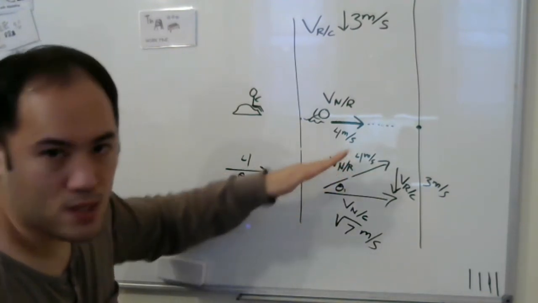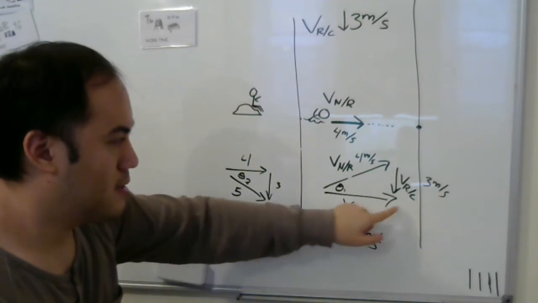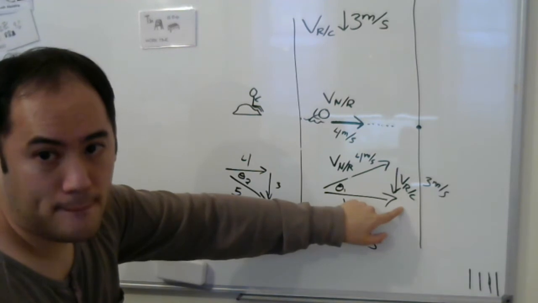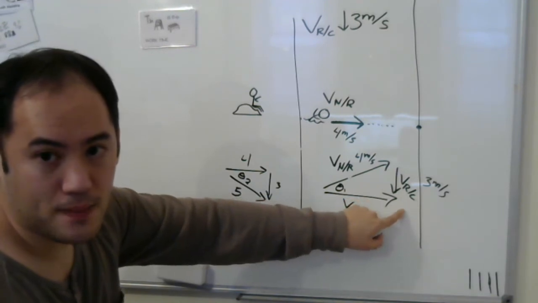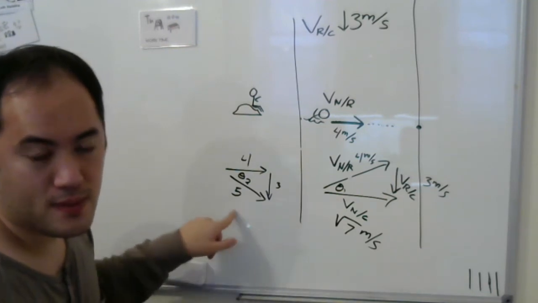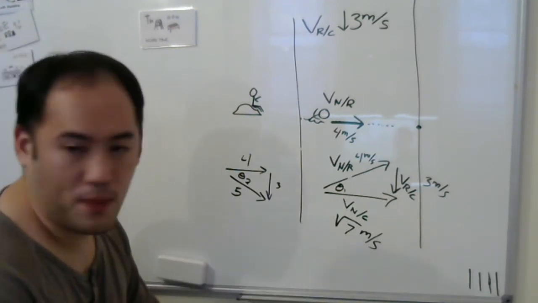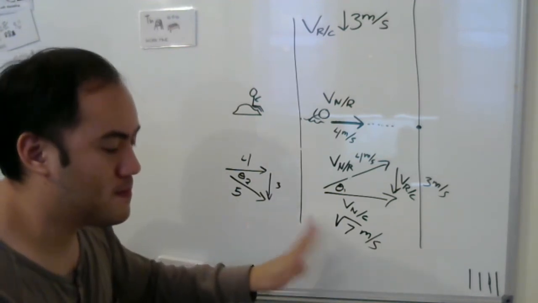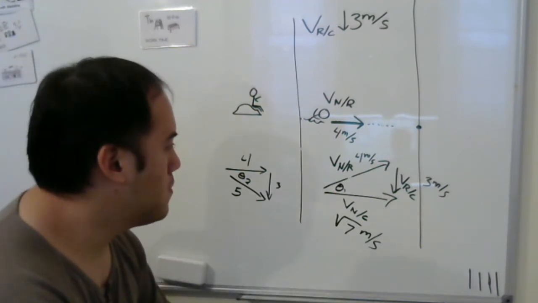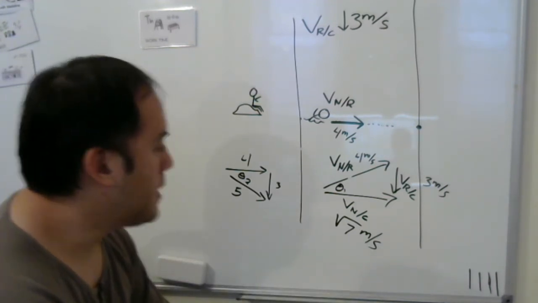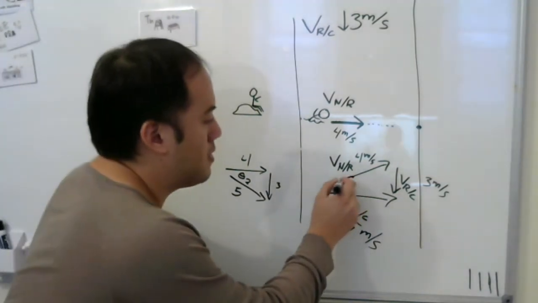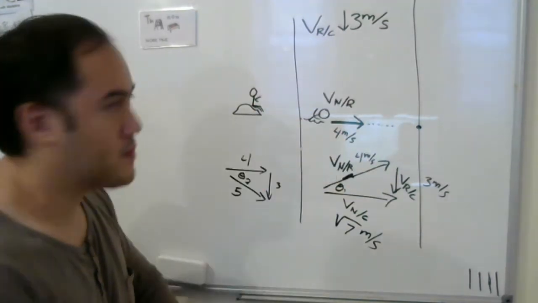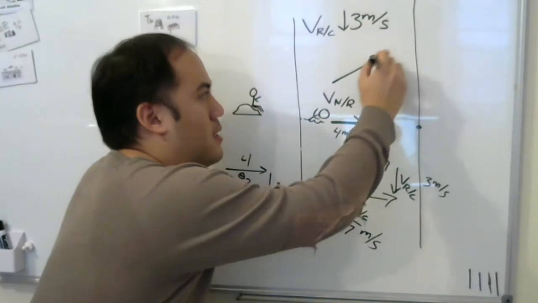Because the swimmer has to use part of their velocity to cancel or counteract the river's velocity, they're going to swim much slower than they would normally. This is less than 4 meters per second. Yeah. So, if you want to swim across the river and ignore the river's current, you have to swim at some